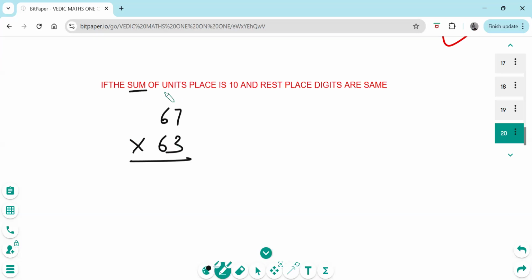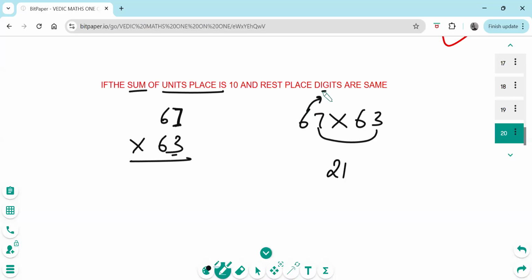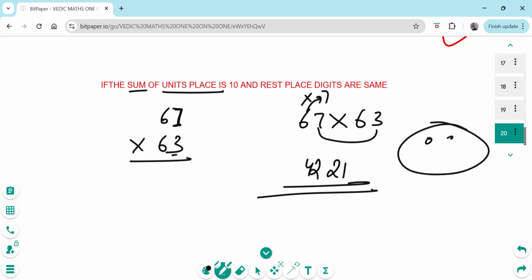Now see, if the sum of unit place is 10, जब भी आपके पास ऐसी कैलकुलेशन आए जिसमें सम यूनिट डिजिट का 10 होता है, 7 प्लस 3 10, और रेस्ट प्लेस सेम हो, ये सेम है, तो आपको पता है क्या हम इस कैलकुलेशन को बहुत ही ज्यादा फास्ट ब्रेन में कर सकते हैं। 7 into 3 21। 6 के बाद क्या आता है? 6 के बाद टेबल में क्या आता है? 7। या 6 और काउंटिंग में क्या आता है? 7। तो 6 into 7 कर दो, 42, और डन।